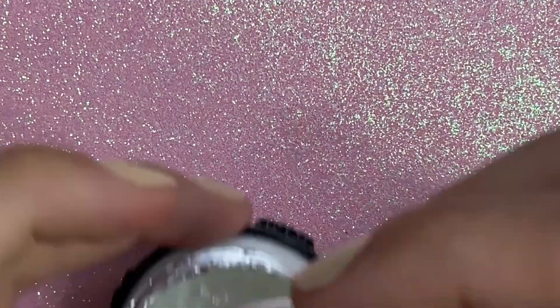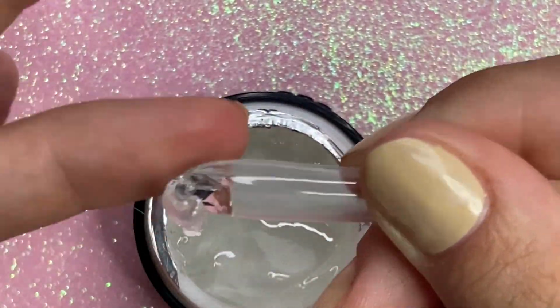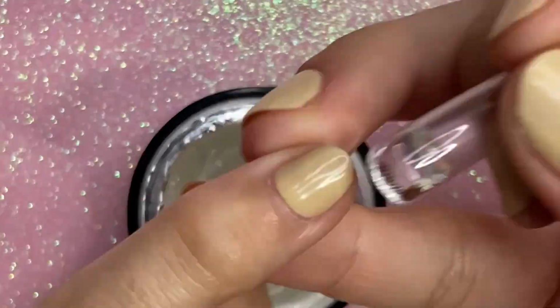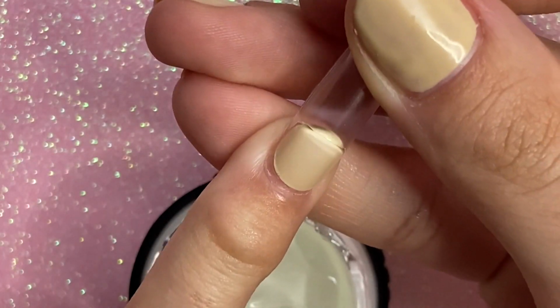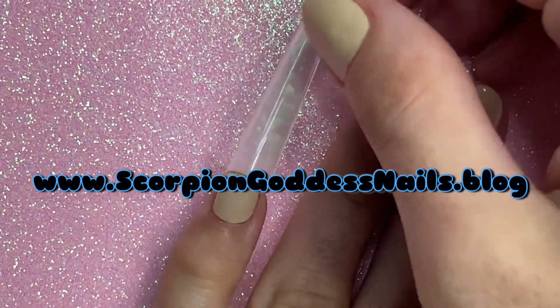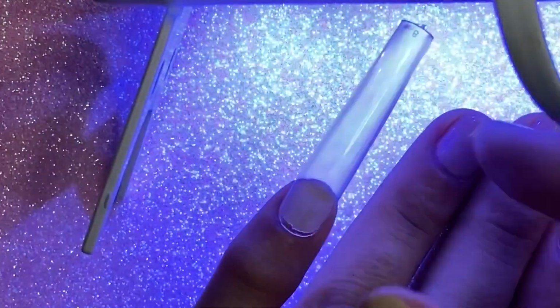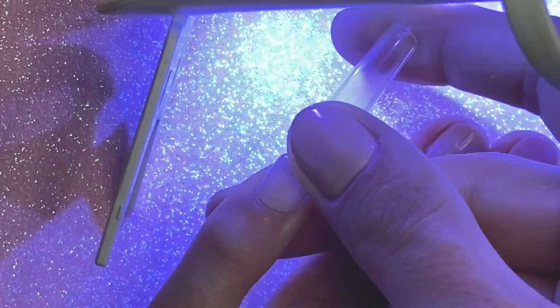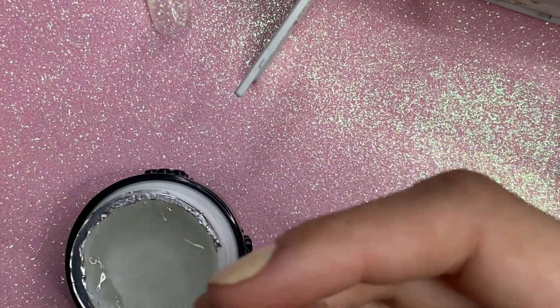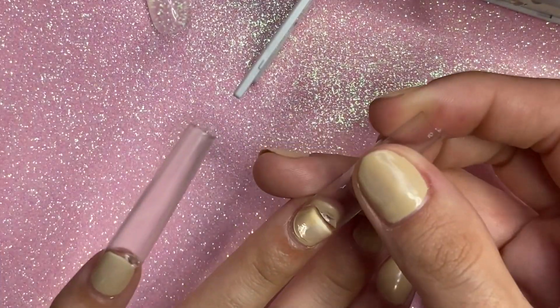Anyways, we have this bubble gum gel by Enal. I'm actually releasing the unboxing of this product after this video, because I need to get my Madam Glam videos up. You guys, I'm so behind. But the products are so cool that I just want to be able to give them my undivided attention. And then the design ideas that I'm looking to do, like hand-drawn nail art and all this ombre stuff, I need time to sit down and focus. So I've really been hustling, but for now we're just going to be using our